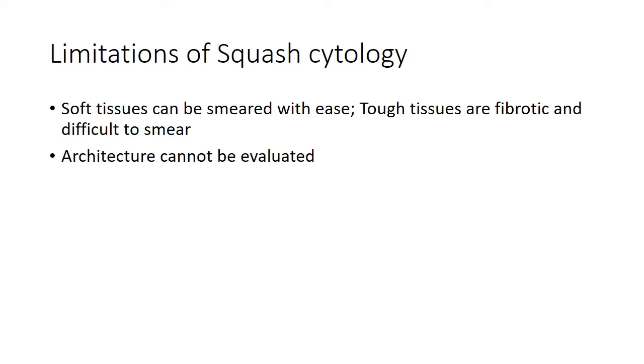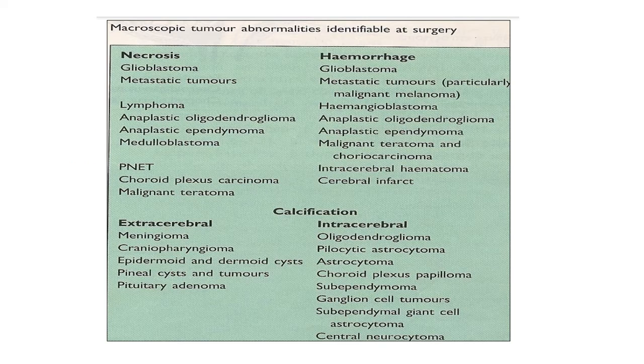So architecture as well cannot be ascertained with the help of a squash smear. Now coming to the macroscopic abnormality identifiable at surgery itself, you can see some degree of necrosis in glioblastoma and metastatic tumors. Even lymphoma, anaplastic oligodendroglioma, medulloblastomas can show a necrotic